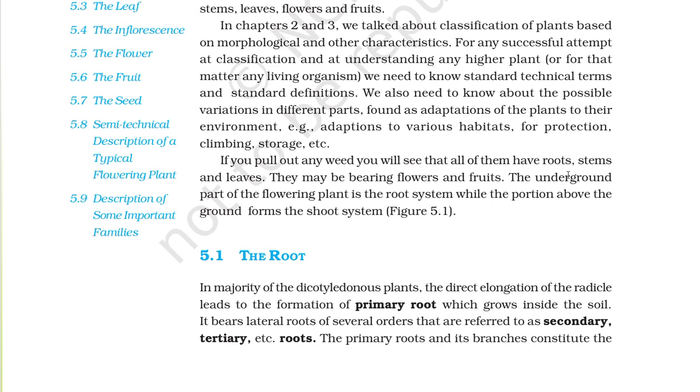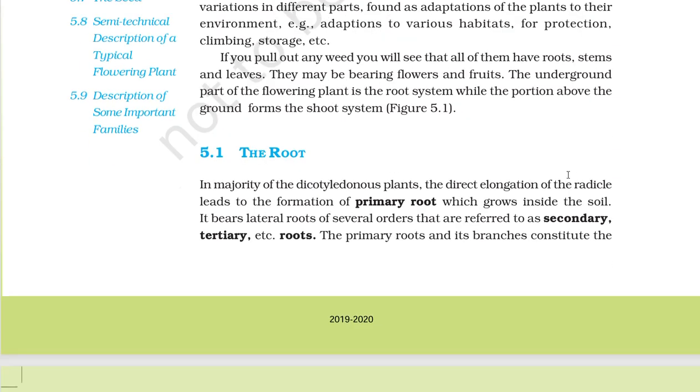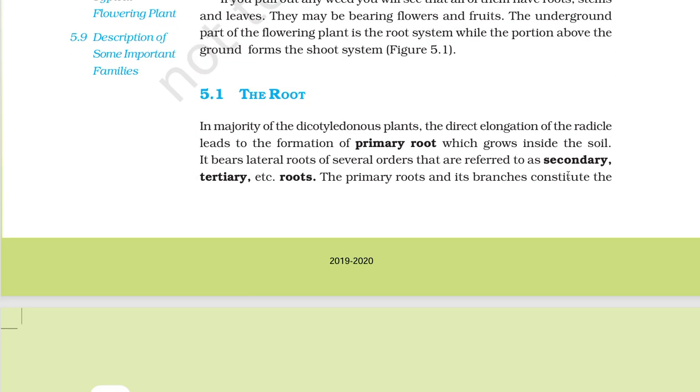If you pull out any weed, you will see that all of them have roots, stems, and leaves. They may be bearing flowers and fruits. The underground part of the flowering plant is the root system, while the portion above the ground forms the shoot system. 5.1 Root. In the majority of the dicotyledonous plants, the direct elongation of the radicle leads to the formation of